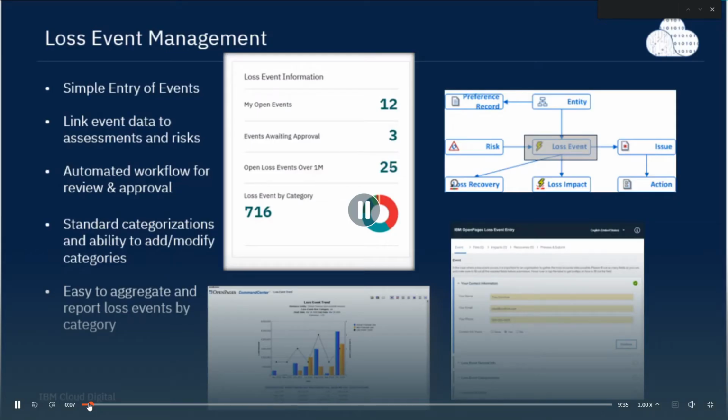Loss event management is a key component of any GRC solution. IBM OpenPages facilitates loss event management throughout the entire life cycle, from the entry of events, increasing the accessibility of the entry of these events through a very intuitive interface accessible by all employees at the company if needed, and